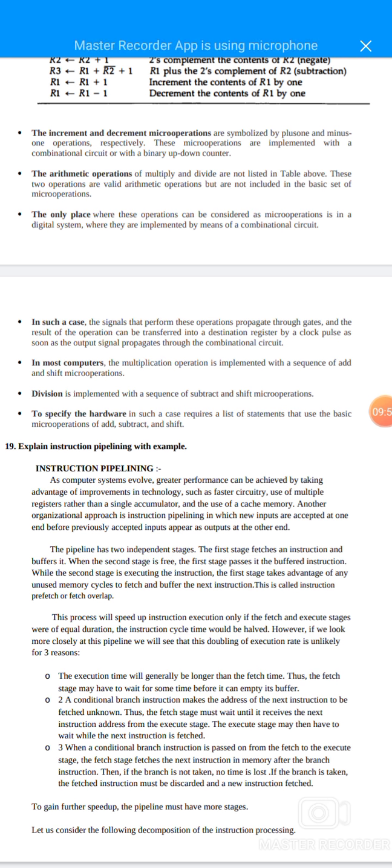In most computers, the multiplication operation is implemented with a sequence of add and shift micro operations. Division is implemented with a sequence of subtract and shift micro operations. To specify the hardware in such a case requires a list of statements that use the basic micro operations add, subtract